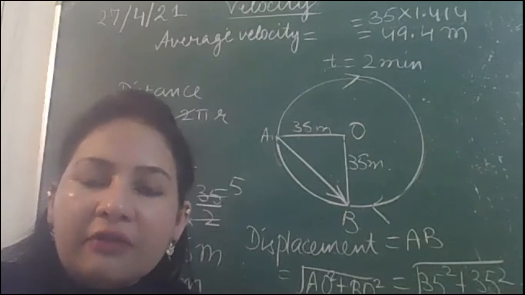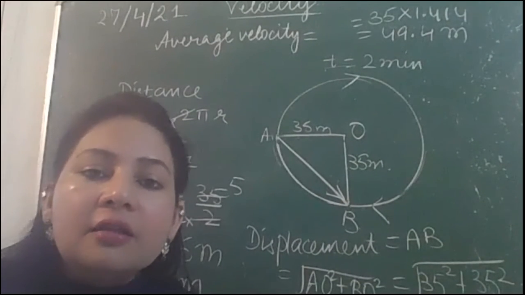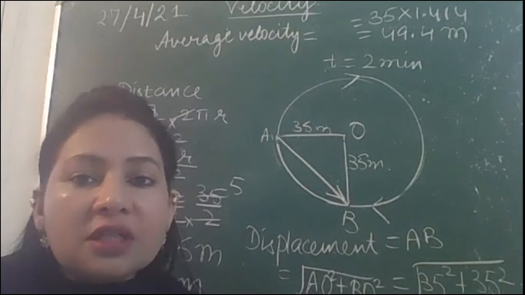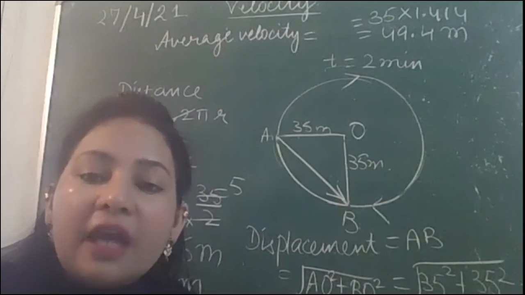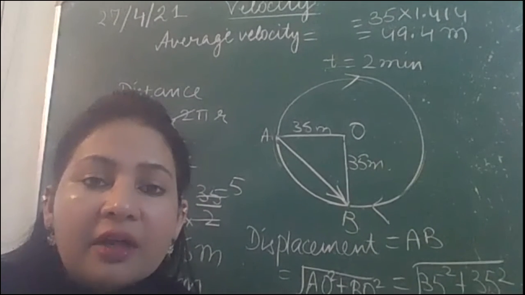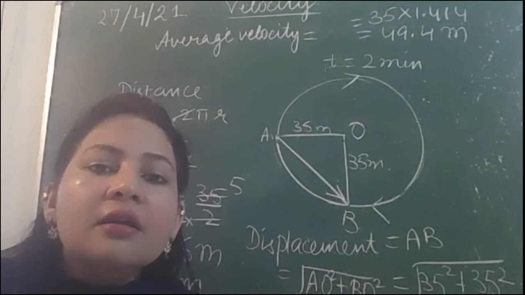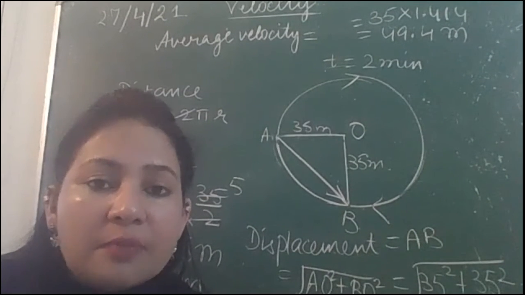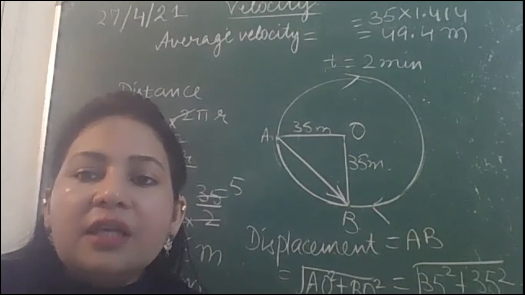One difference was of definition. Another, distance is a scalar, displacement is a vector. Third, distance is always positive and displacement can be positive, negative or zero. We have done an example where displacement was 0. And fourth difference will be distance can be greater than displacement, but displacement can never be smaller than distance. Yes, Gaurav.